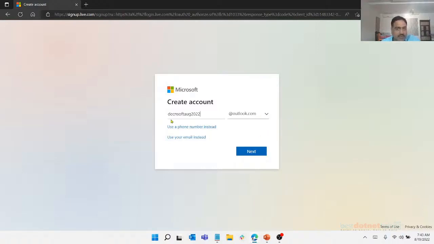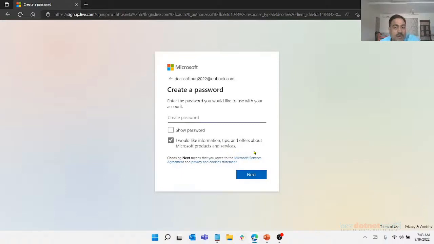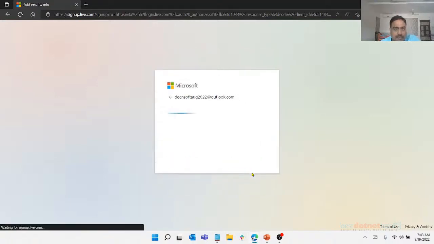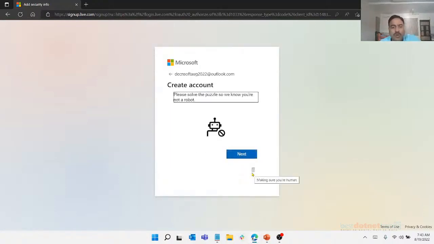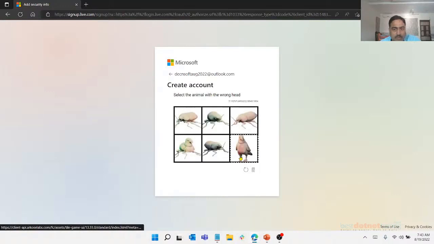That's it. This is going to create a new Microsoft ID. I set a password for myself. And in background, it's creating a new account in outlook.com.